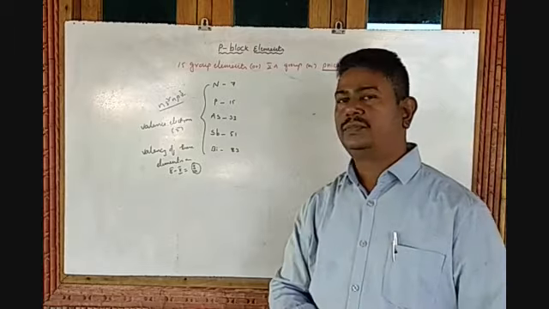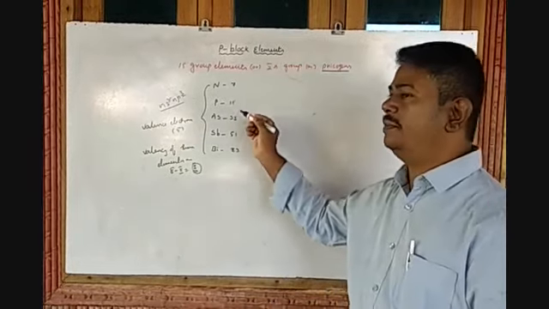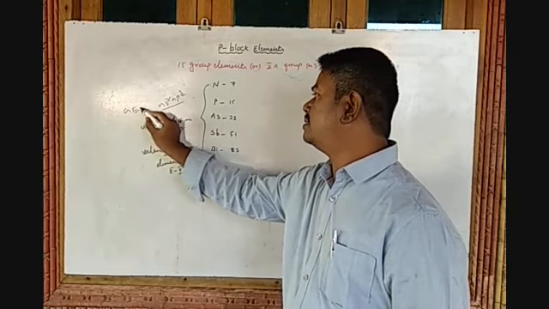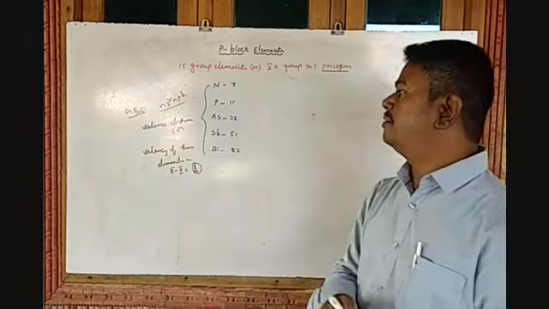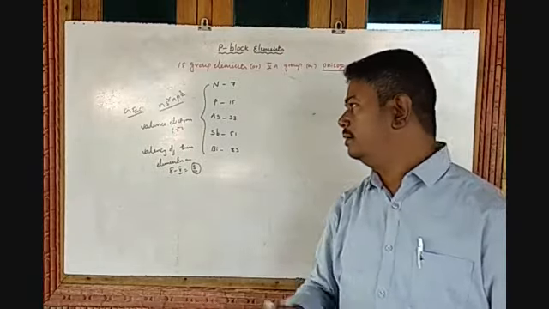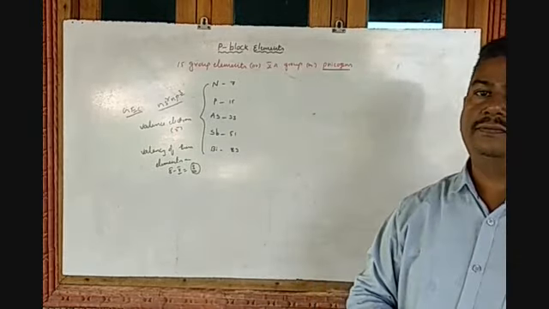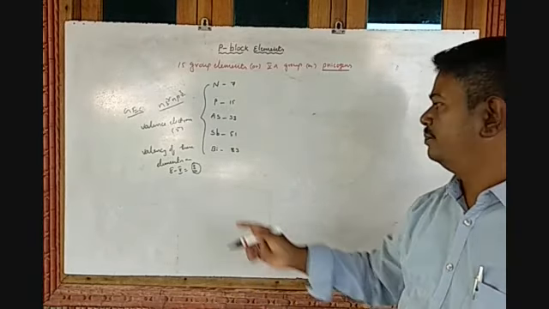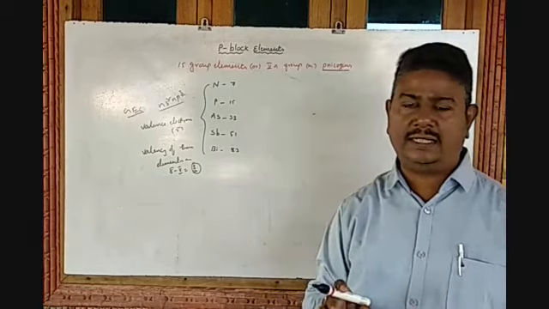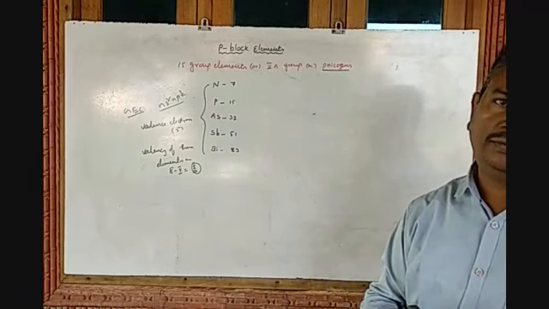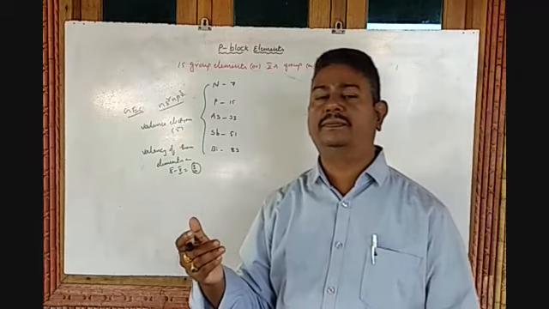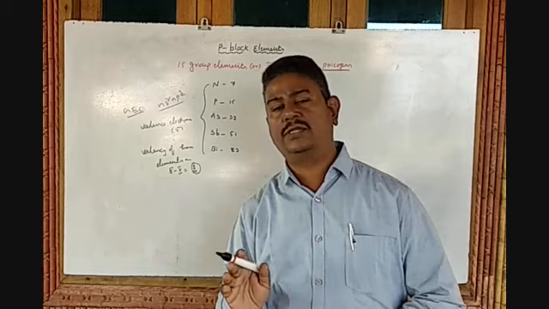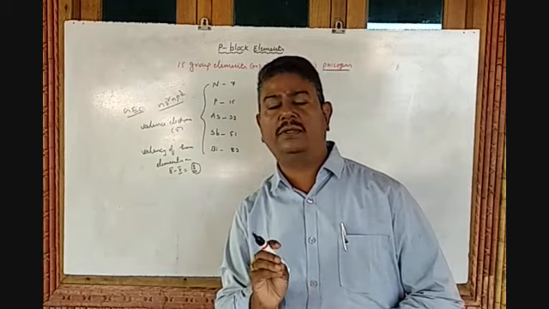So that's why the valency of the element is 3. So the 15th group elements general electronic configuration, GEC, is ns2 np3, and the valence electrons are 5, and the valency of these elements generally is 3. Don't mention any sign, either positive or negative. If you mention that, it is considered as oxidation state. Valency has no sign, either positive or negative. So the valency of these group elements is only 3.